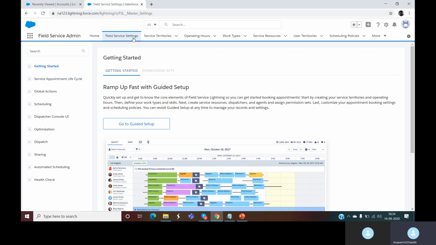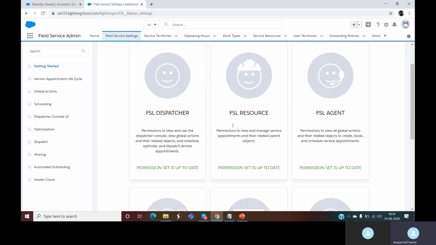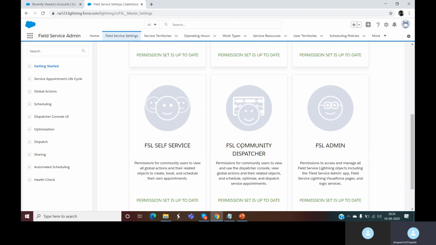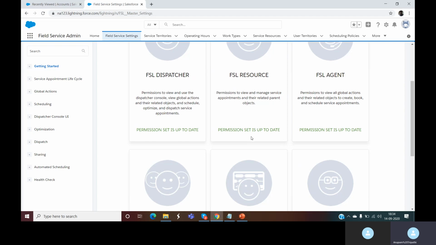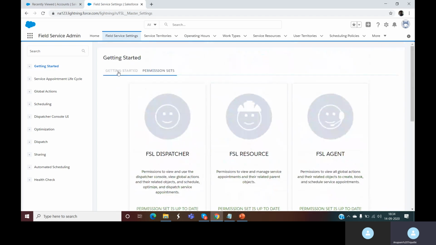On the Get Started page, you get permission sets: field service, dispatcher, resources, agents, self-service, community, and admin. There is a button you can click, and the permission sets will be created automatically, and then you can assign them to users.